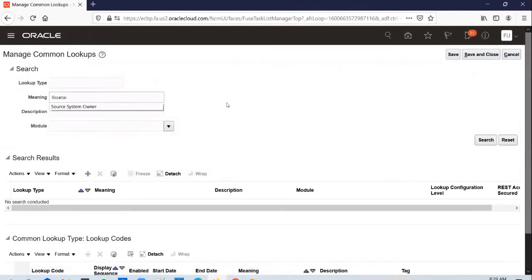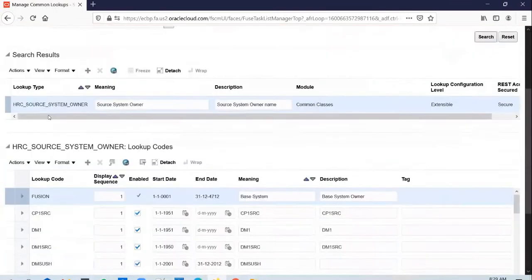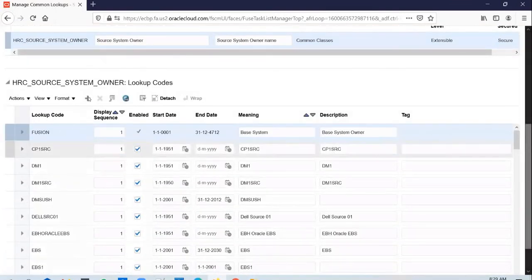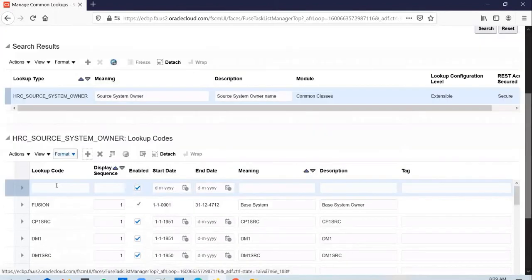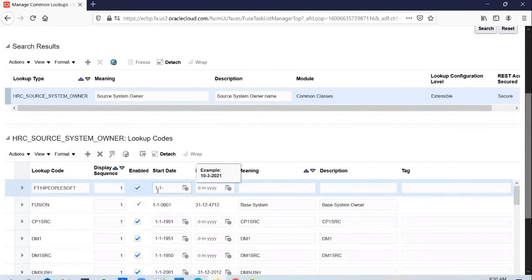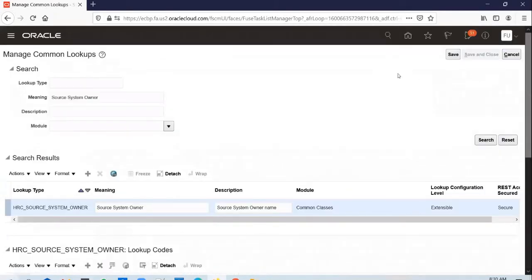Search for source system owner, and you should be able to see the existing entries here. Click on the plus icon and enter the source system owner from where you're getting the file. If you're getting it from PeopleSoft, you can say FT14 PeopleSoft. FT14 is just an identifier. You can put a display sequence and a start date, and you can use the same value as the meaning and description as well. Then save and close.